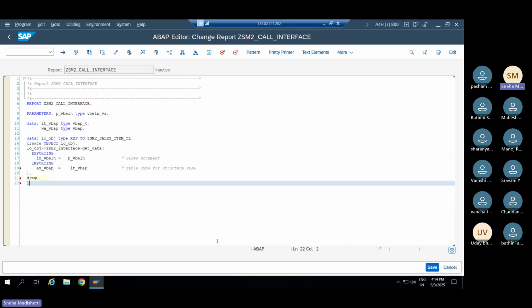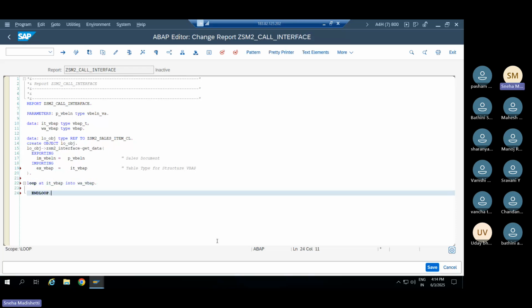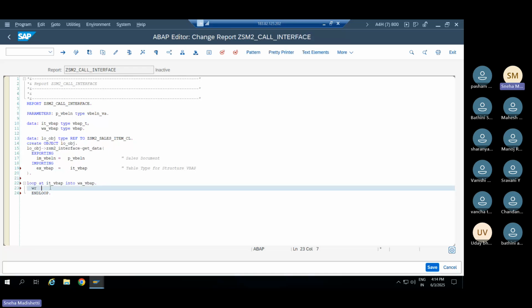So loop IT_VBAP into work area VBAP, and the loop must be closed by ENDLOOP. So here we can write the write statement with the help of the work area, VBAP first VBELN, and then